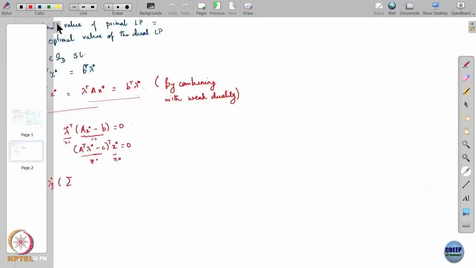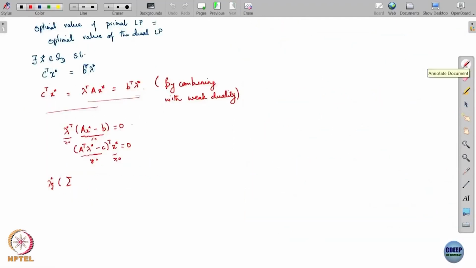That must be, so lambda star i times summation over j equals 1 to n a_ij x star j minus b_i equals 0, which means that,